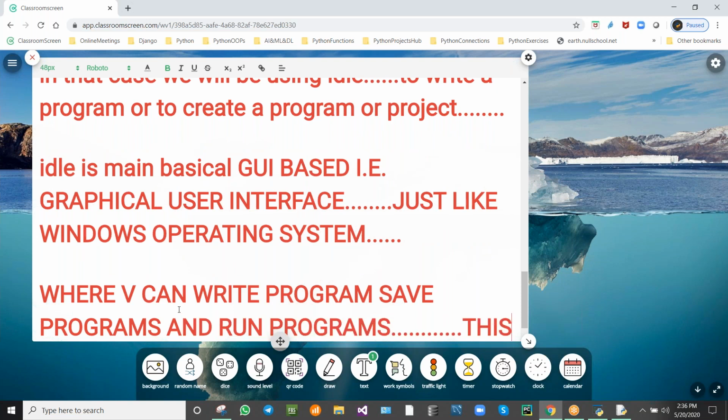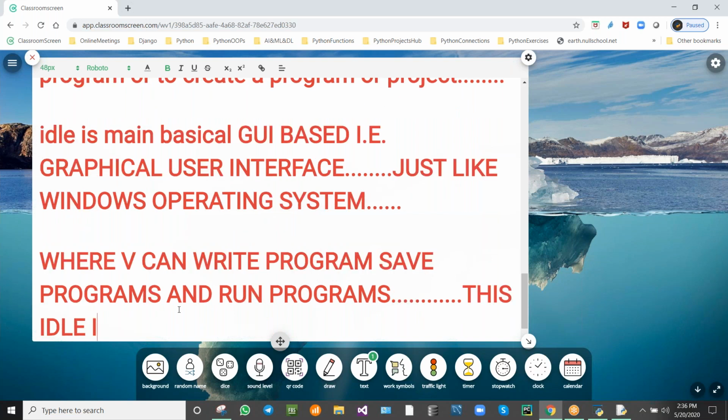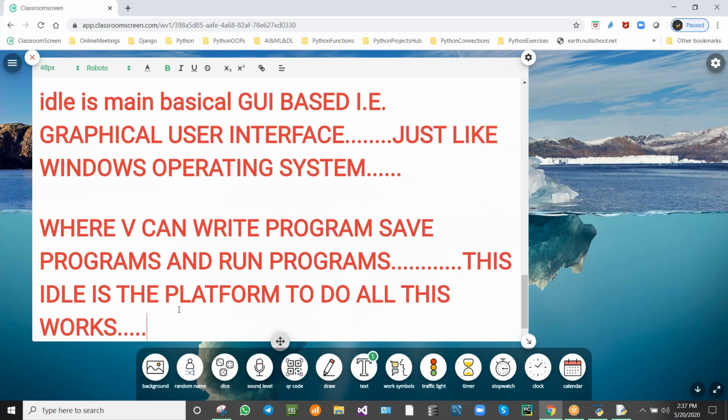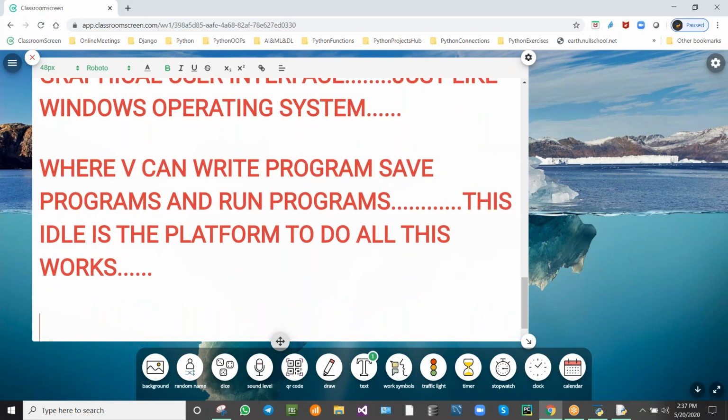IDLE is the platform to do all these works. So now you understand IDLE, I think.